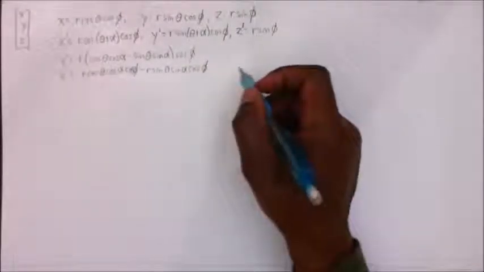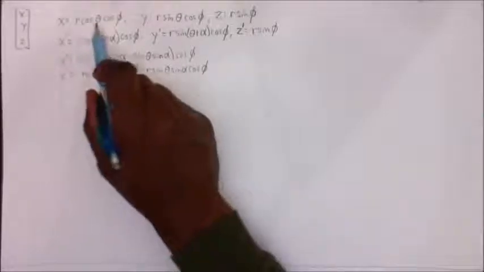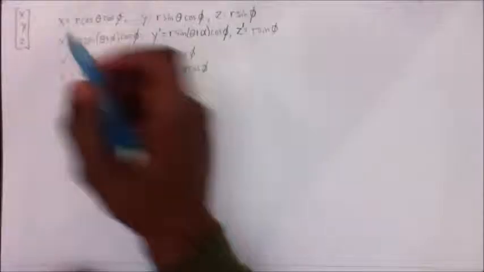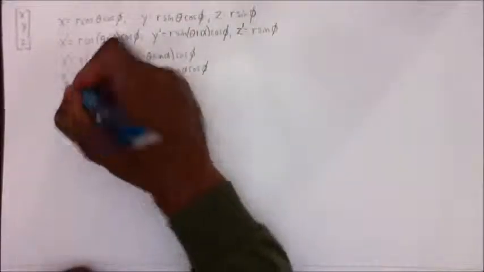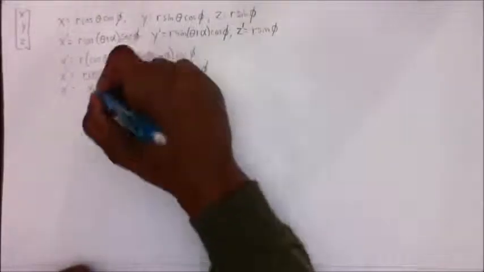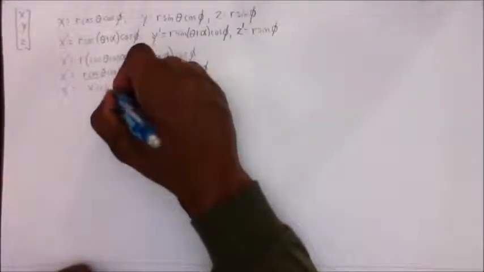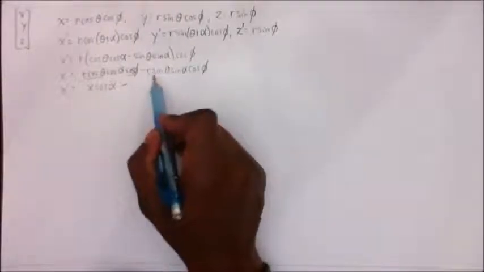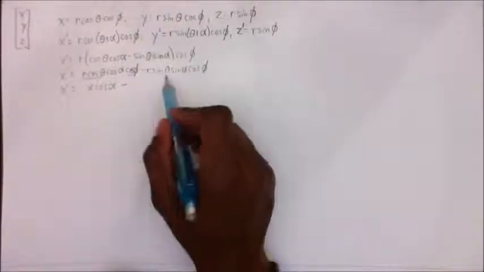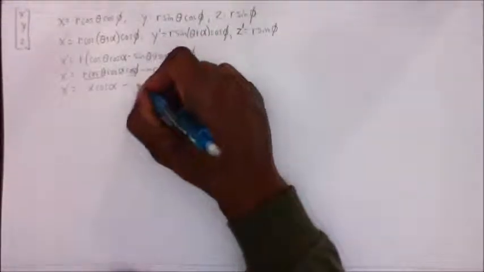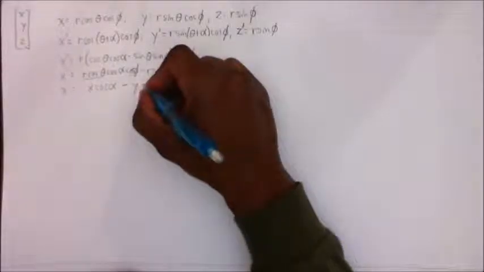Now r cosine theta cosine phi is equal to x. So that part is equal to x times cosine alpha, minus, now r sine theta cosine phi, that's y, so minus y times